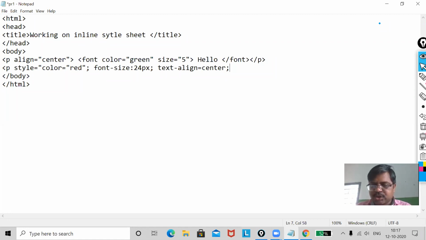Now suppose I have to make my text bold. Then what will I use, my dear? Font-weight and colon, then bold. Font-weight bold. Now only this much I will do.